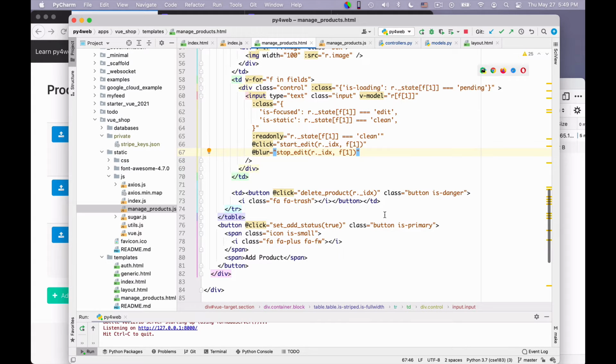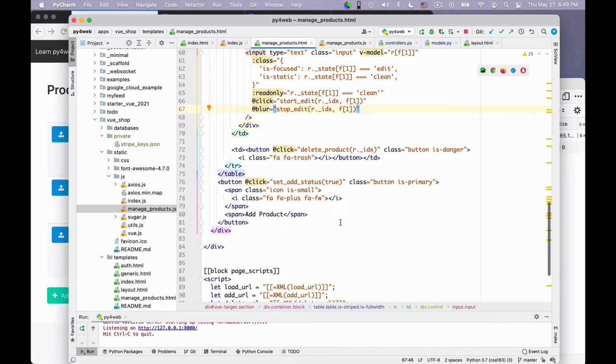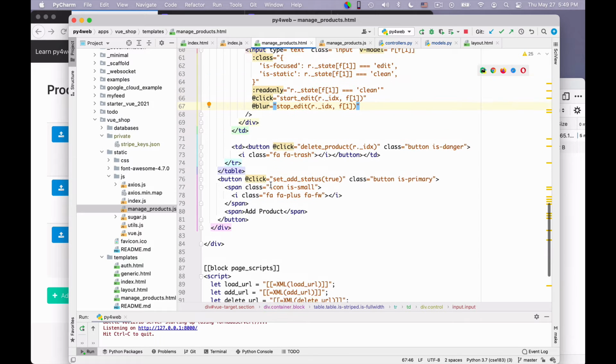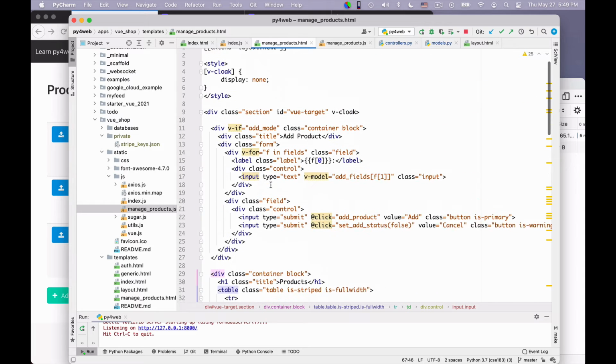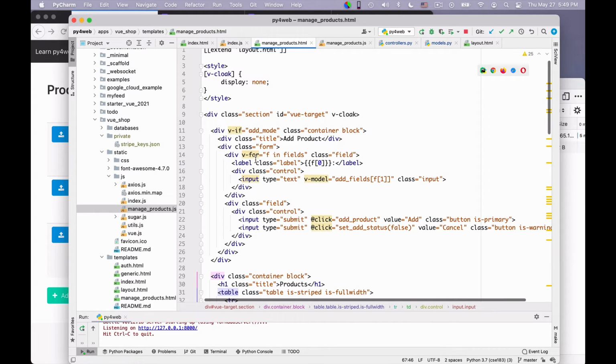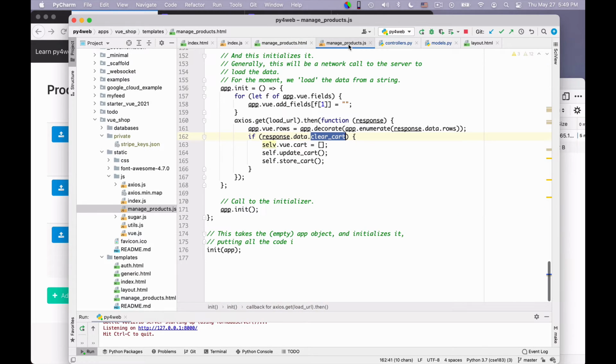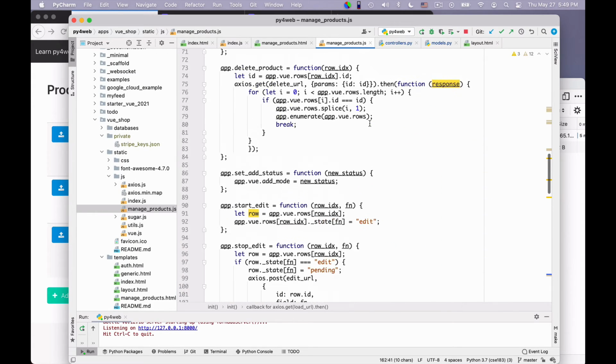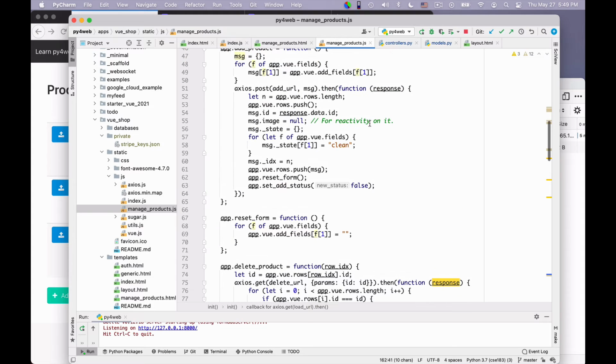Then there is a delete button that I have. Again, it is not very special, and there is a button to add the product that is based on having some region at the top of the form where we can add a new product. So this is all fairly standard. It's powered by some JavaScript that is fairly compact and is fairly similar to the JavaScript we saw in the contacts lesson. So I'll let you look at it and won't go into the details at all.